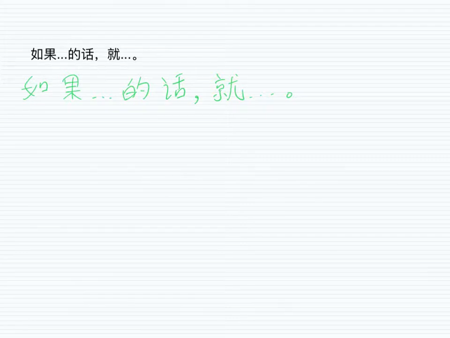Okay, and what we have got here is 如果. Hopefully that word there is familiar to you. 如果 means if something or other, 的话, comma. This 的话 puts a condition on, so it's like if it's the kind of situation. So here I would translate 的话 as circumstance, situation, condition.